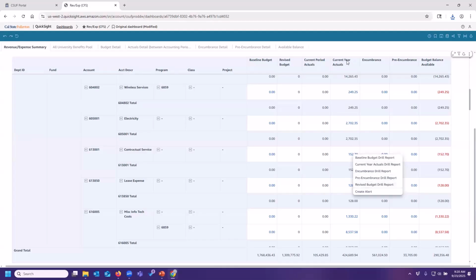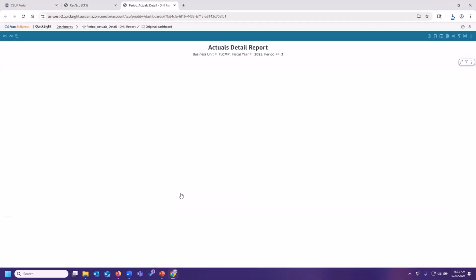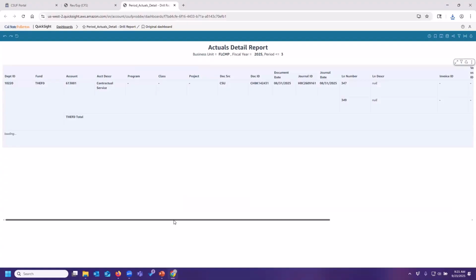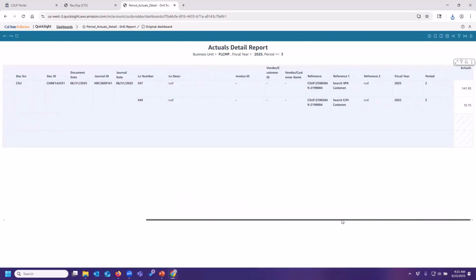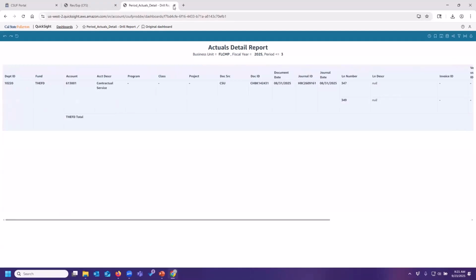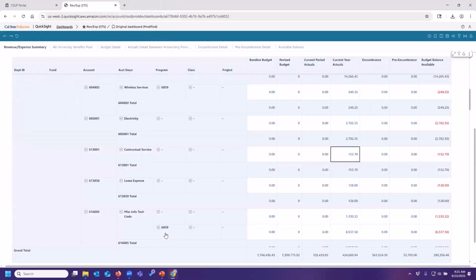So I clicked on the current year actuals, but I could go to any of these other drill reports. I don't have to go to current year actuals, but I'm going to do that. It's opened in a new tab, and there we are. I can scroll over and see each of the individual transactions that make up that summary total. And if I close that, I'm right back to where I was.